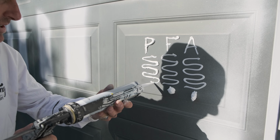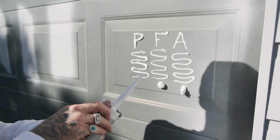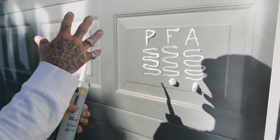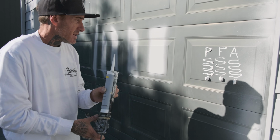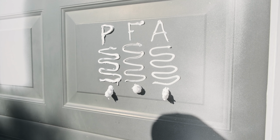You can see how uneven it comes out compared, like I'm not trying to change the product in any single way. I'm not like that. I just want to show you pretty much exactly what the product does and how the difference is. So this is your Polyfilla. So as you can see, by that,